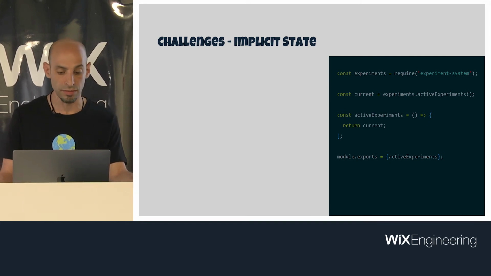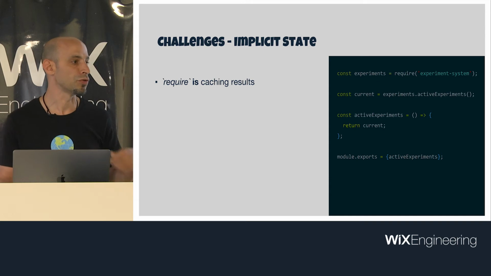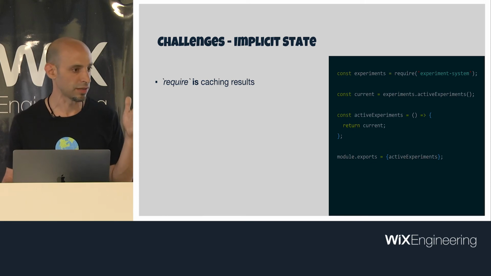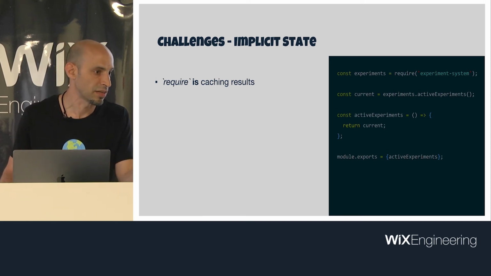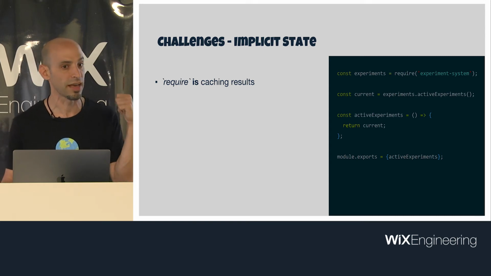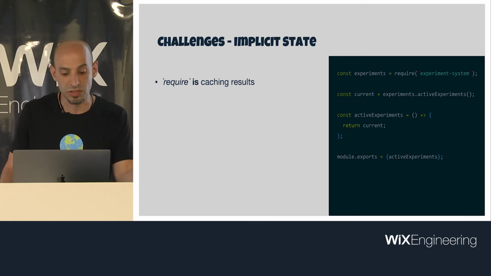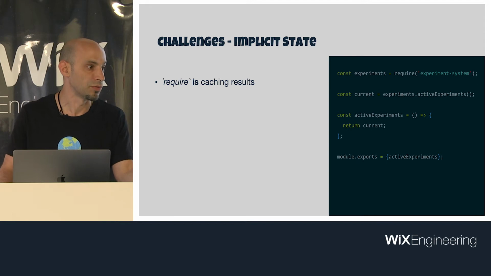This code, if you import it in the client, would work great for you because the client would still keep on returning the same value. When you do that in the server, you do the require only once, and once you require it, everything in the code is stored as a state. So next time you do the require, it won't reload the values. It won't change the value of current. It will still have the same values as before. This is something that you don't consider a lot, or you don't hit a lot when you write in the client, but still, this is something that